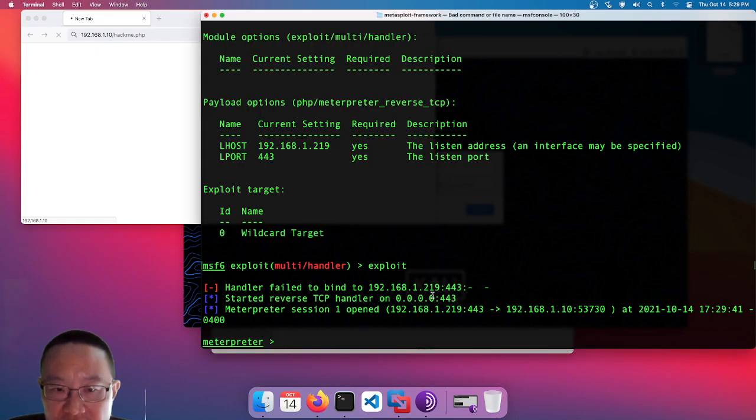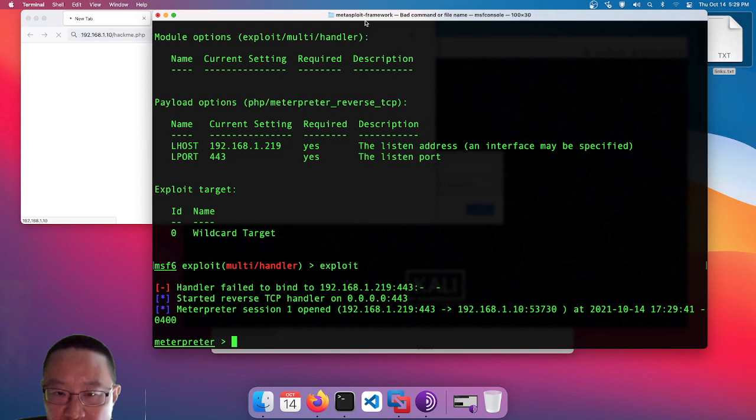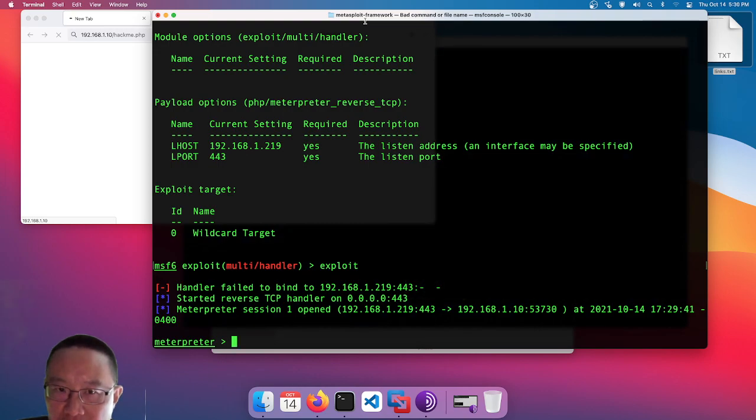Now what happens is a Meterpreter session. Here we are. One session open. I now own 192.168.1.10. Pretend that someone went to the website 192.168.1.10/hackme.php. Hackme.php is a lace code. Anyone that goes to it opens up a connection between me and the target. So now I completely own the